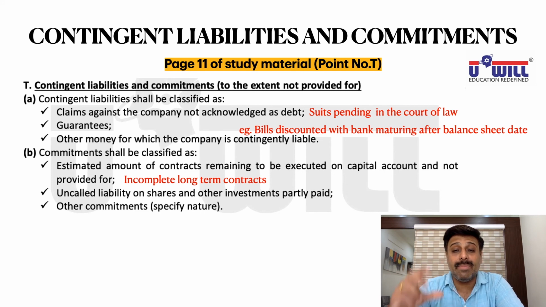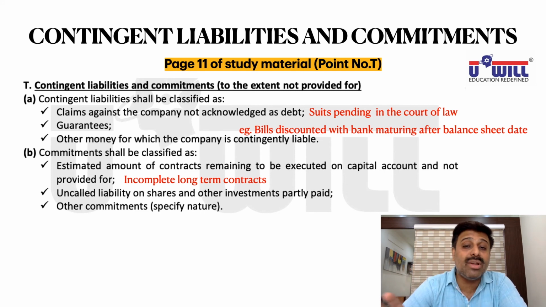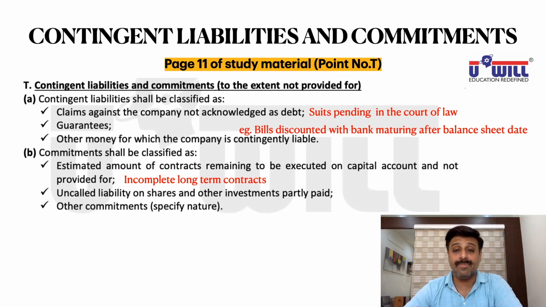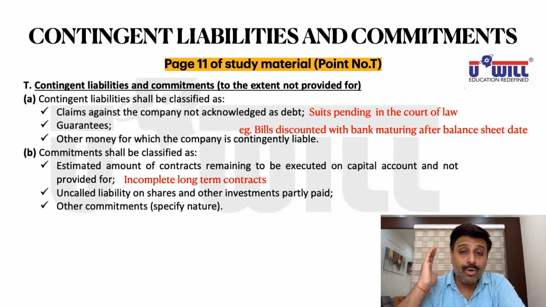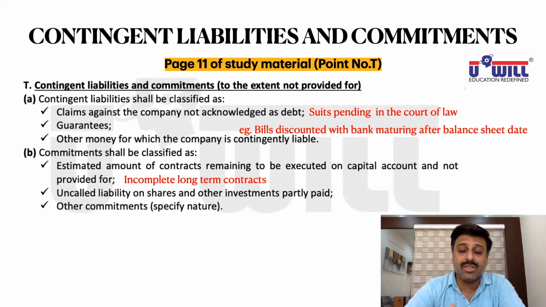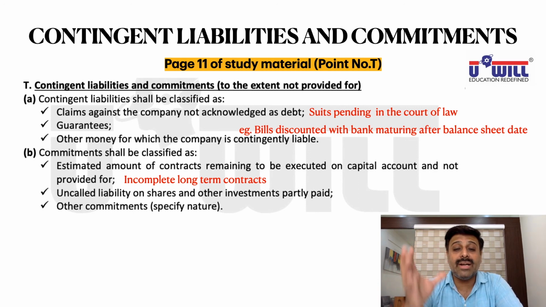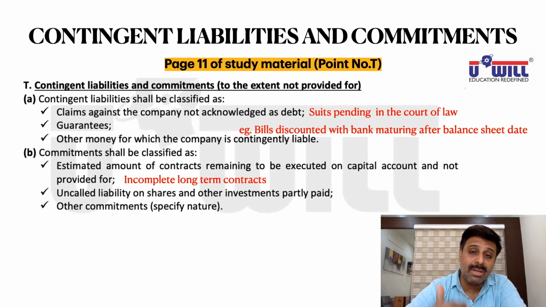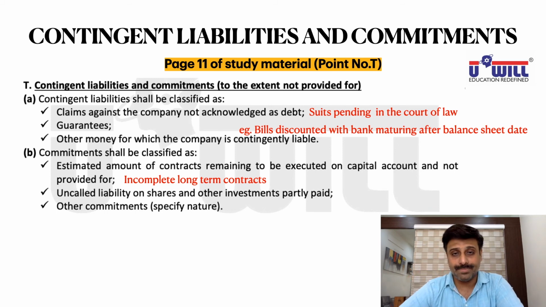Contingent liabilities and commitments will be a part of your adjustments, but we don't have to give two effects. We have to just write them as a footnote below the balance sheet. As we have seen in the format, we just have to write these items as a footnote below the balance sheet. So you need to remember which are the items of contingent liabilities and commitments. You must be able to distinguish when it comes in the question that it is not an adjustment requiring two effects, but it is a contingent liability which will come below the balance sheet as a footnote.